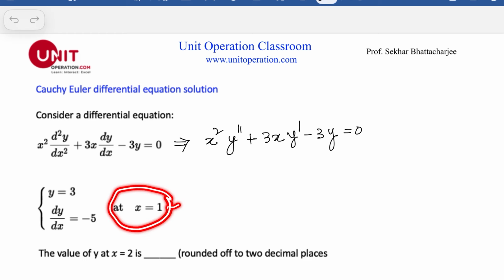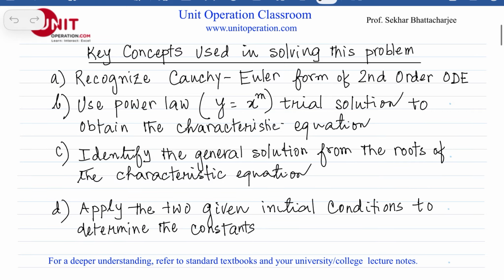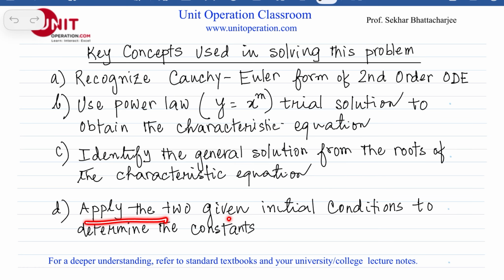At x equal to 1, on a certain point of the general solution, we see y is equal to 3 and the derivative is equal to -5. What are the key concepts used in solving this problem? First, recognize the Cauchy Euler form of a second order ODE. Then we use the power law as a trial solution, which is used to obtain the characteristic equation. Then we identify the general solution from the roots of the characteristic equation,